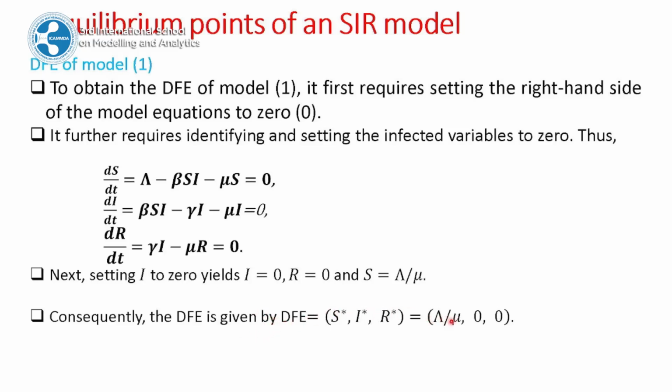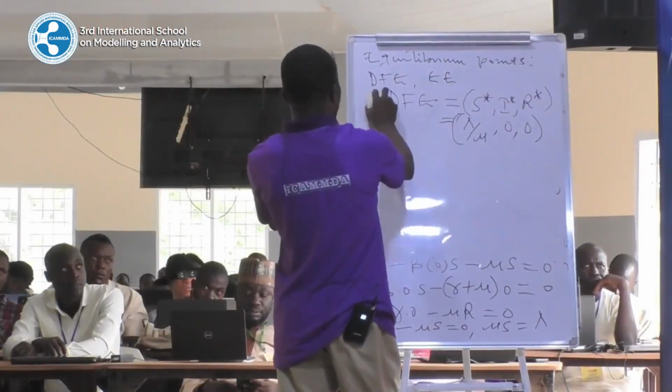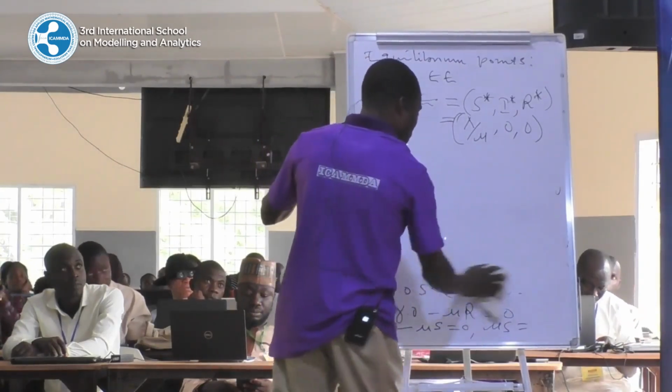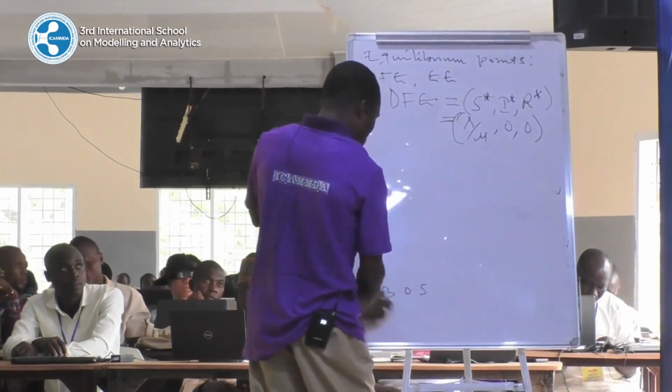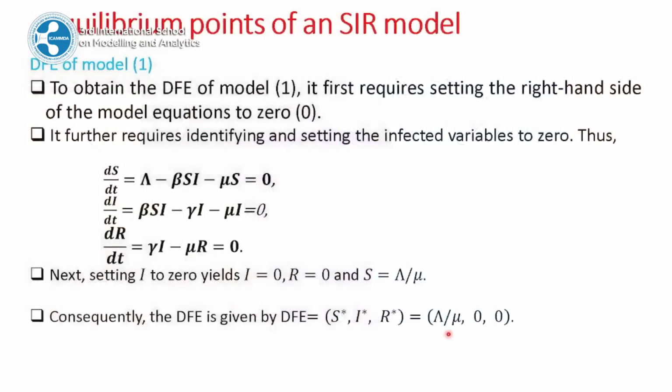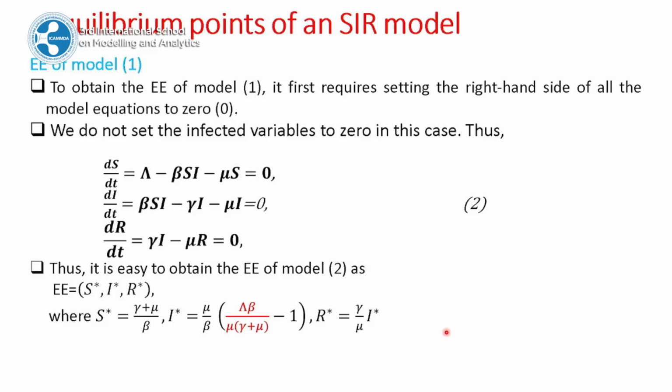So with this solution, we can make many insights from the dynamics of that disease being represented by the SIR model. So next we look at the endemic equilibrium, which is an equilibrium when there is disease in the population. We made an assumption or hypothesis in the case of disease-free equilibrium. And what was that hypothesis? That the infected compartment is equal to 0 because there is no disease in the population.